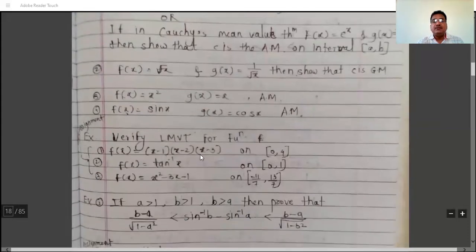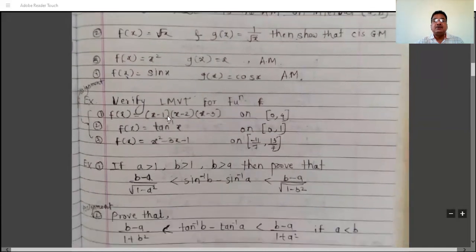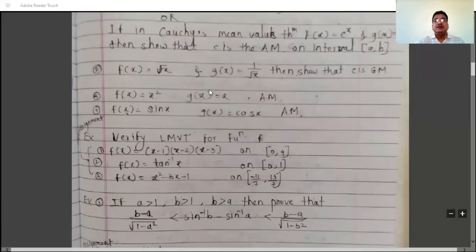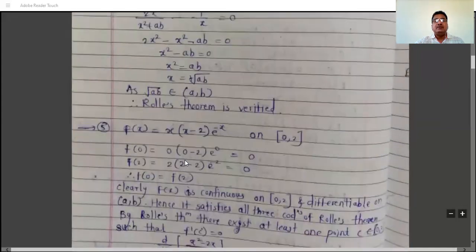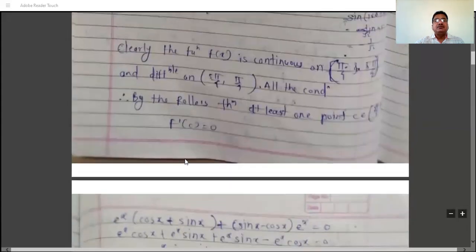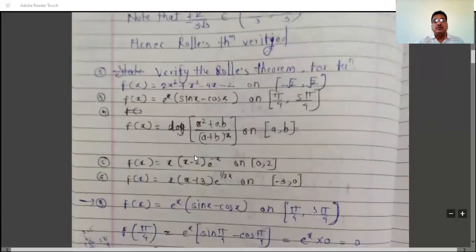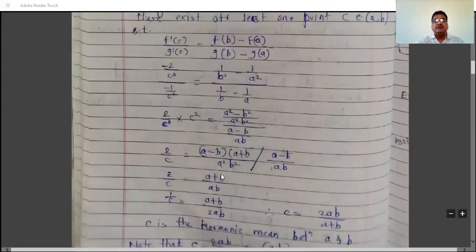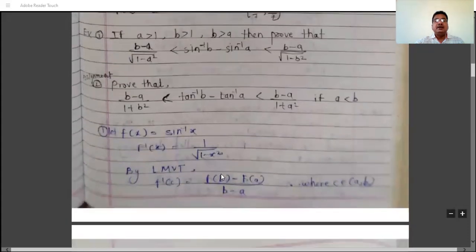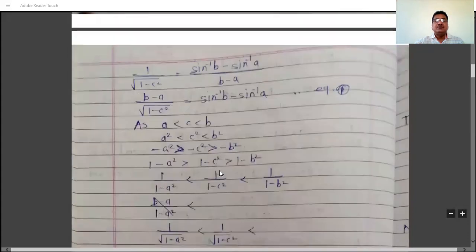So similarly, these are some examples on Lagrange's mean value theorem. Solve all these examples in your assignment notebook. There are also problems on Rolle's theorem for homework. So solve all these problems of Rolle's theorem, Lagrange's mean value theorem, and Cauchy's mean value theorem, and send these answers of these problems